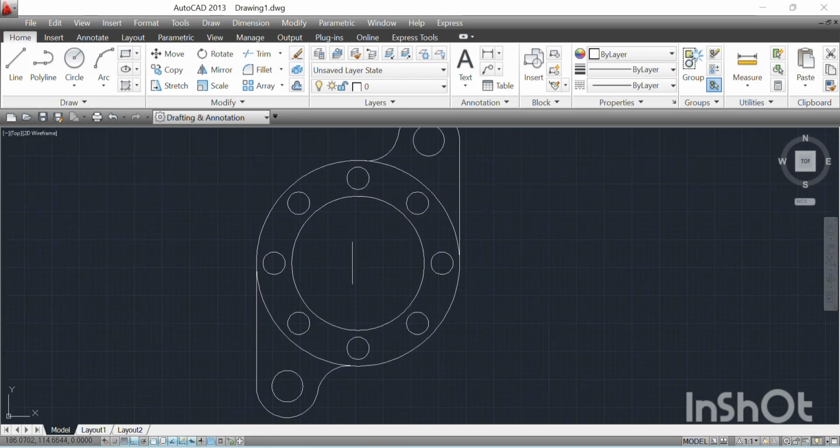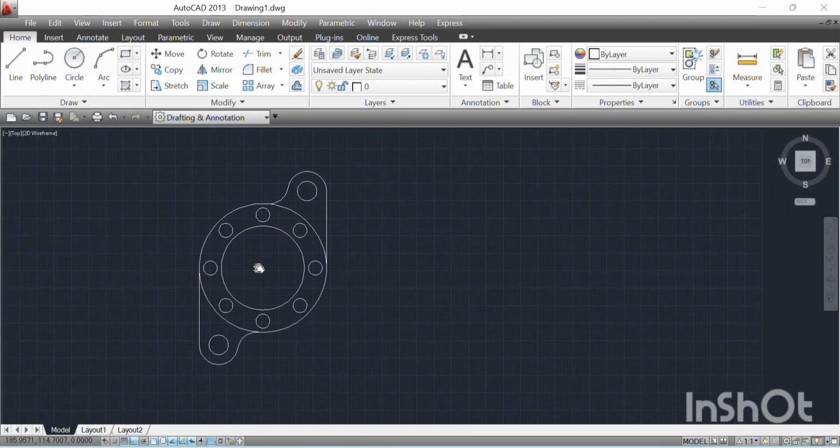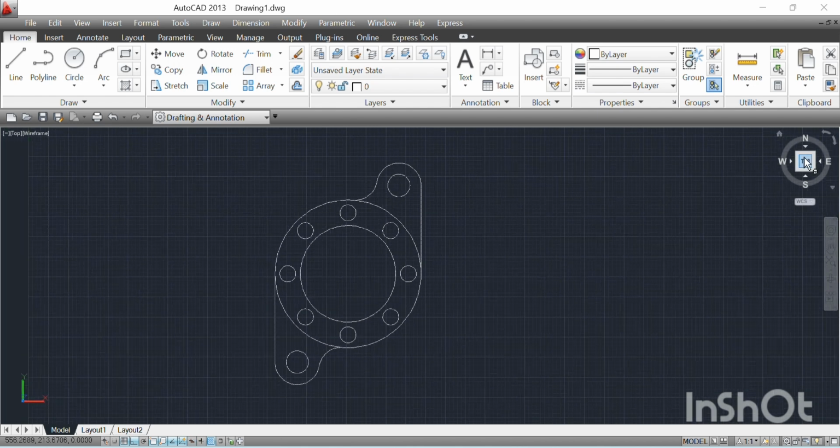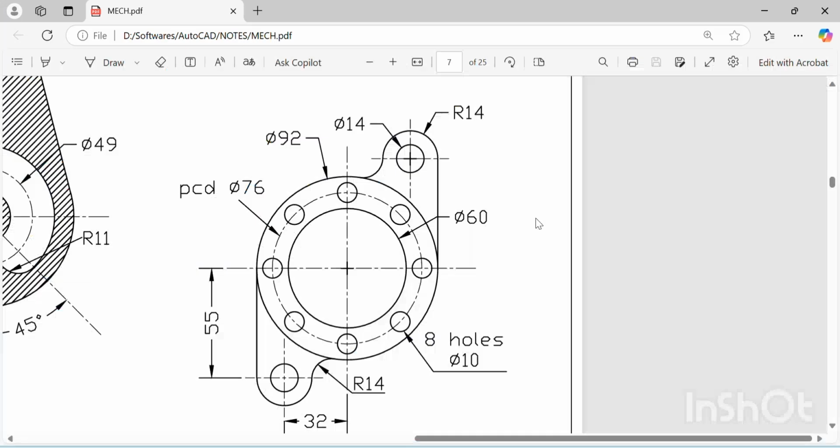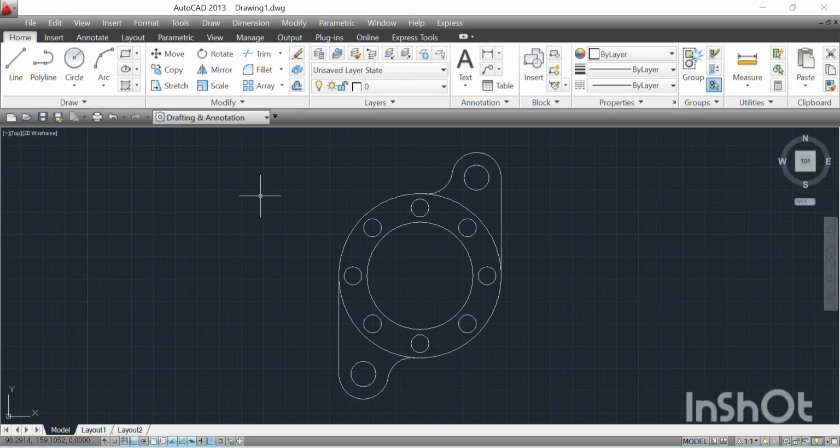We can also draw this PCD if we want. So we can see this is 76. So just C, enter, center point and give the diameter of 76. Now we can change this line type using this phantom,